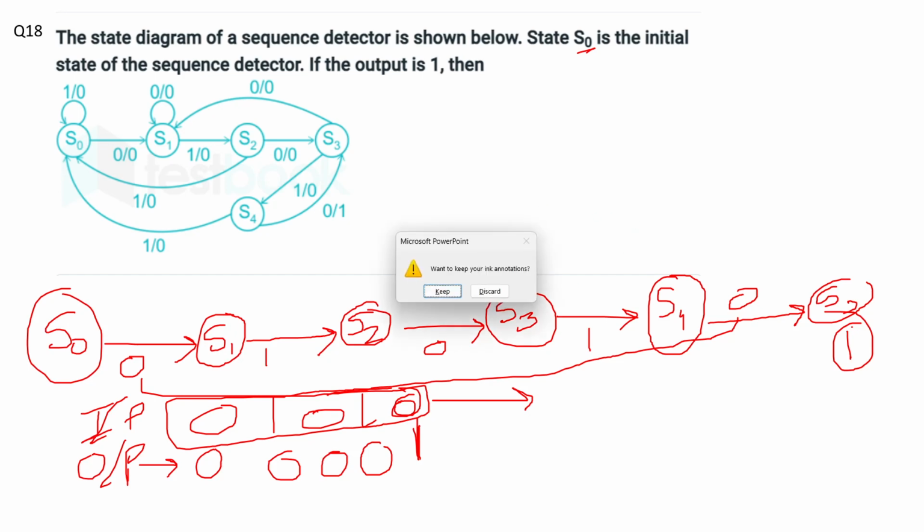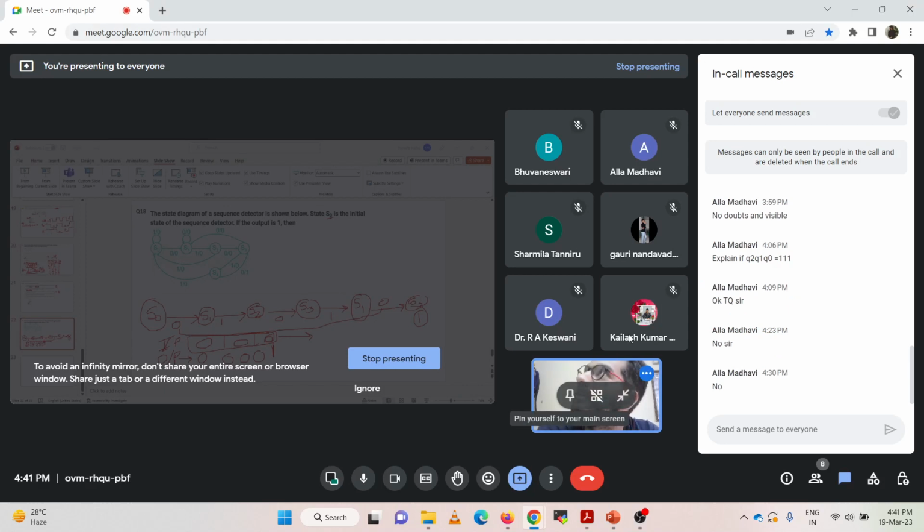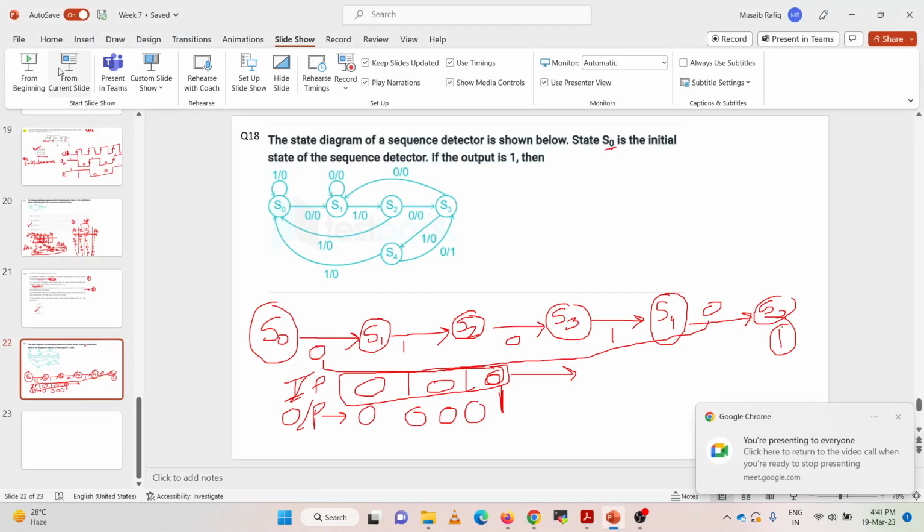So any other question you would like me to repeat? Since we have 5 minutes, we can discuss some question if there are any doubts regarding any question. So question 12, what was question 12? Let me just check. Okay, yeah. So question 12,